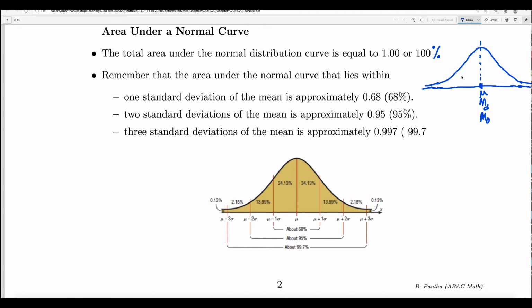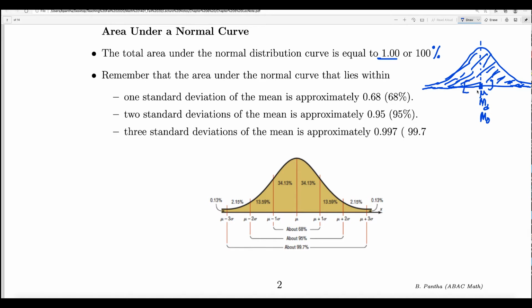Now, the total area under this is basically 100%, because the total is always 100%, right? You can think that 100% is basically the 1. So 100% and 1 are the same thing. So the total area under this curve is 100%, that is, we assume that is 1. All right. Now, since the mean, median, and mode are all in the middle,